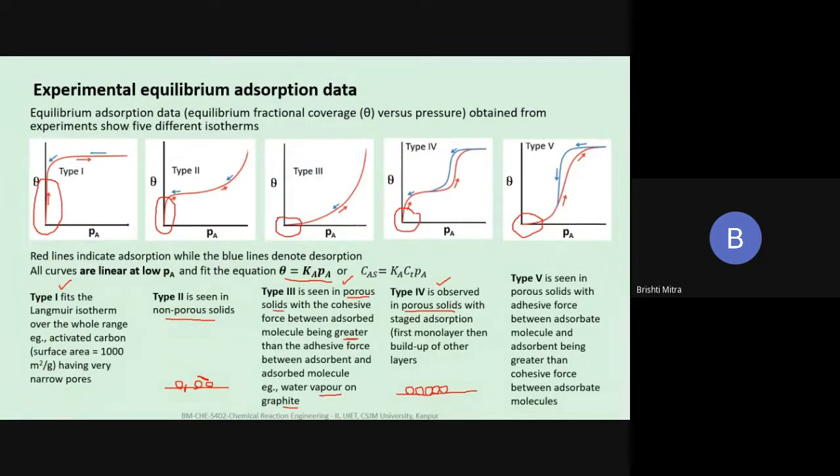That completes my monolayer. So a second one will not start happening till all of this is covered. First, one layer happens and then the next layer happens. So the build-up or the adsorption is layer by layer. So when we have an adsorption like this in a porous solid, the kind of plot that we get for coverage versus partial pressure is like the type 4.